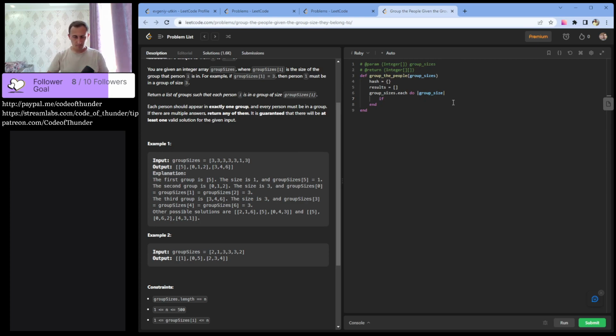If our hash has a key group size, like say 3,